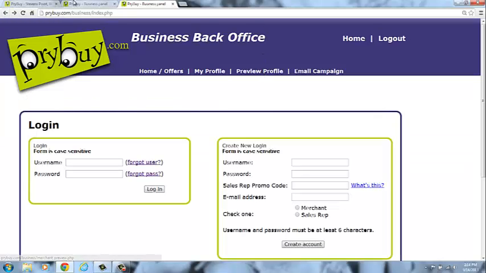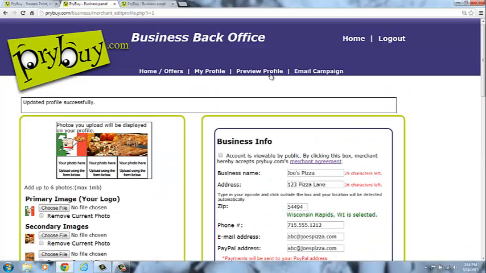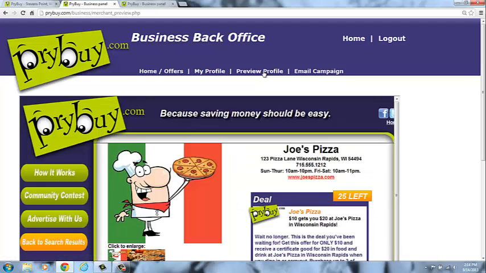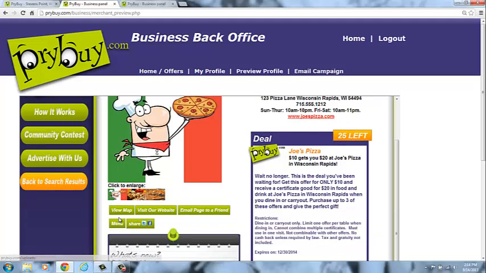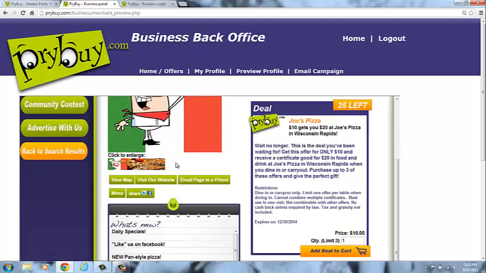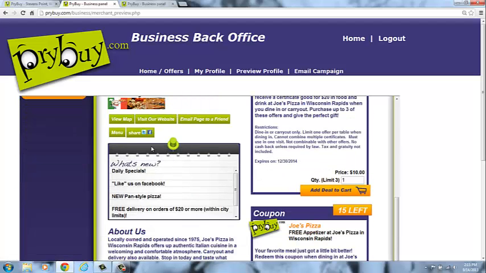Now, in your business back office, clicking on at the top Preview Profile tab, that will show you exactly what the account looks like live. The photo gallery that we had uploaded those photos to, the name, the address, the phone, the hours. Over here, the menu tab that we uploaded with the PDF, the link to Joe's website or Facebook page, etc. If you have a YouTube video, this What's New box would drop down and the video would show up